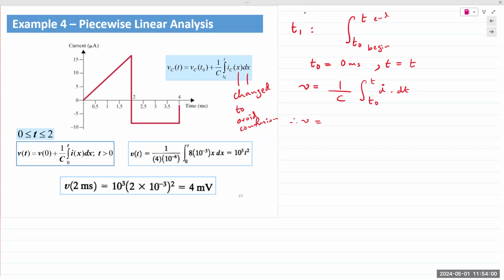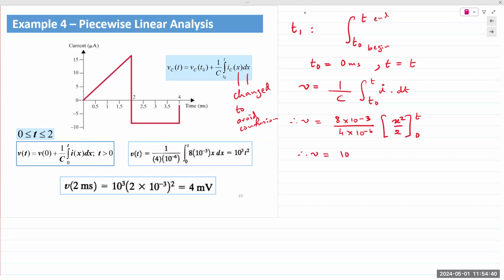C is 4 microfarads, and the value of I is 8 into 10 raised to minus 3 t. We'll bring the constant outside: 8 into 10 raised to minus 3 divided by 4 microfarads. And then integrate x, so we get x squared over 2. The limit is 0 to t, and you plug in,